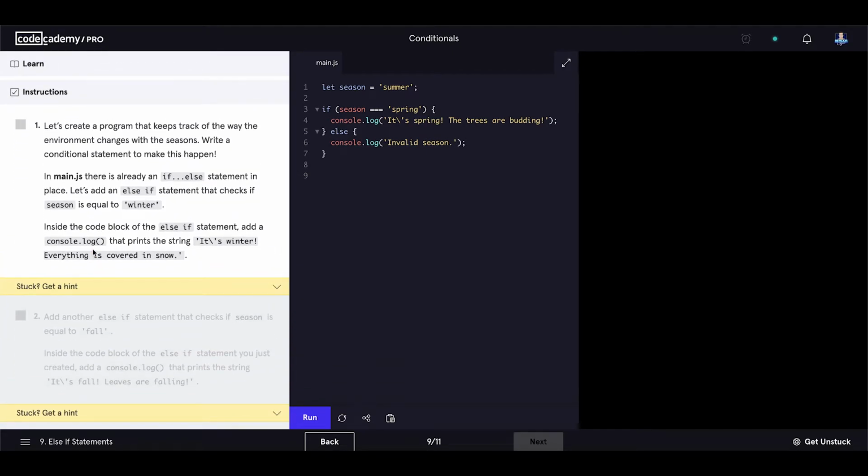Let's create a program that keeps track of the way the environment changes with the seasons. Write a conditional statement to make it happen. In main.js, there is already an if-else statement in place. Let's add an else-if statement that checks if season is equal to winter. Inside the code block of the else-if statement, add a console log that prints the string "it is winter, everything is covered in snow." Okay, let's go there and add